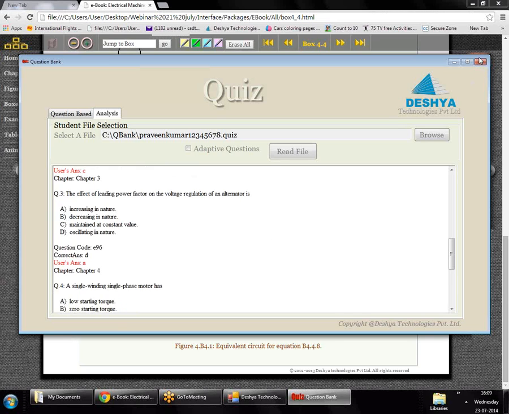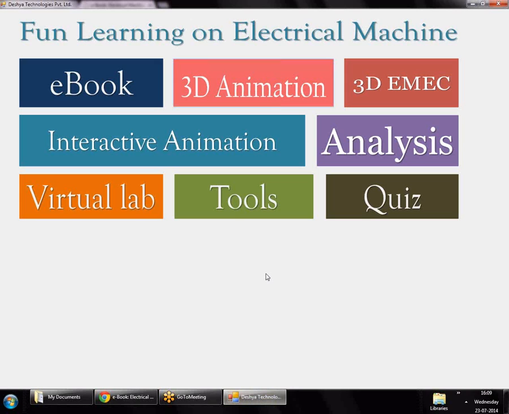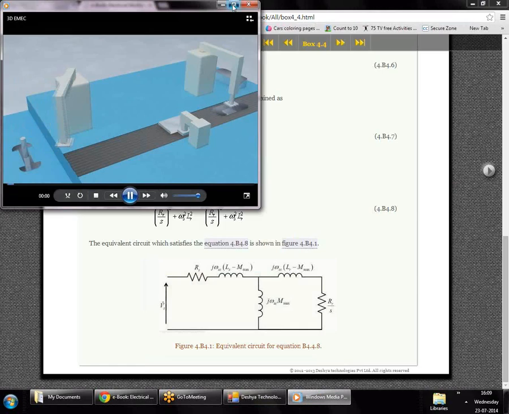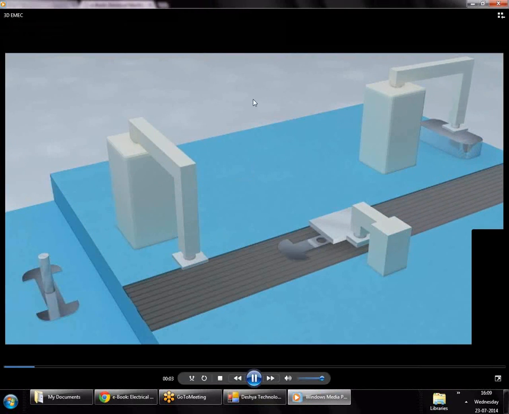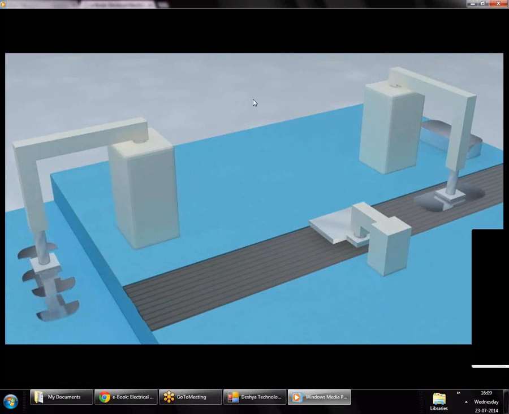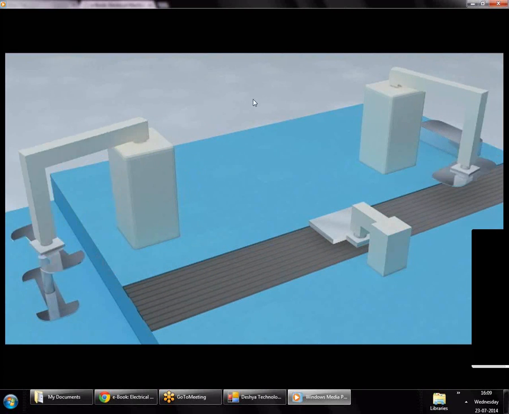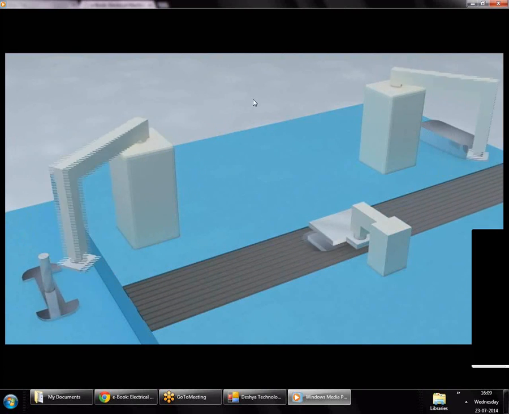So it's a complete e-learning package with some ideas and concepts which are hard to find in most of the textbooks available in the market. It's a very comprehensive tool and has a lot of animations and other interesting features. I hope that such learning material with a lot of 3D animations, interactive exercises and so on will be helpful to the students in the classrooms, and will also help the teachers to clear the concepts in a better and lucid manner.